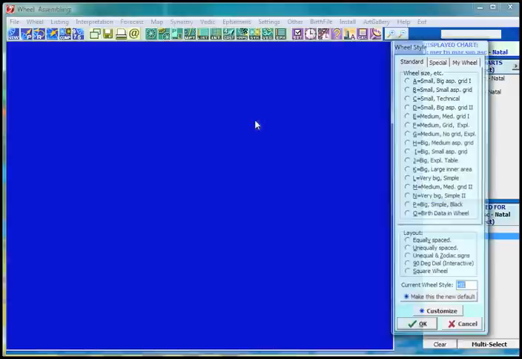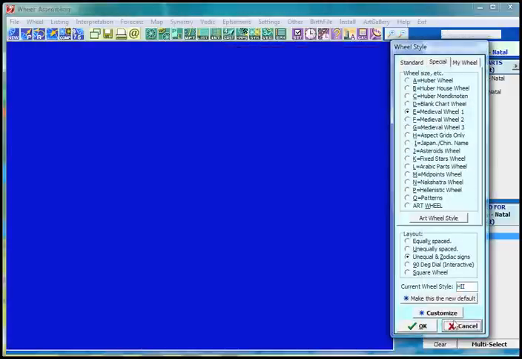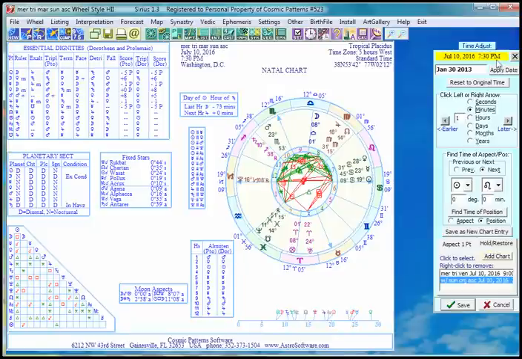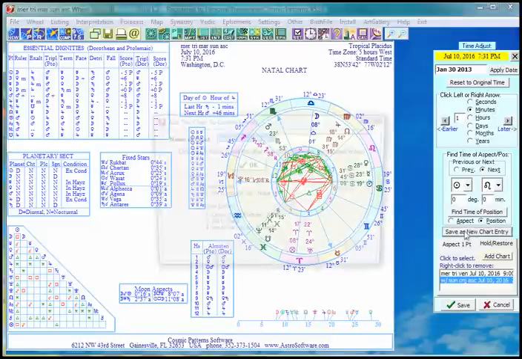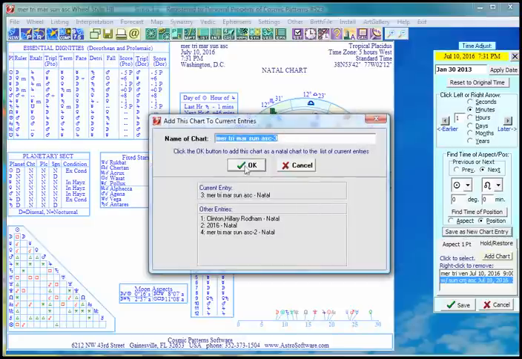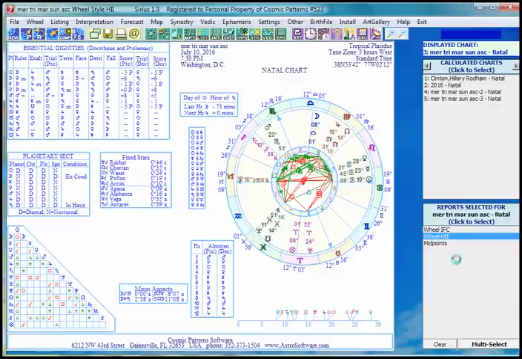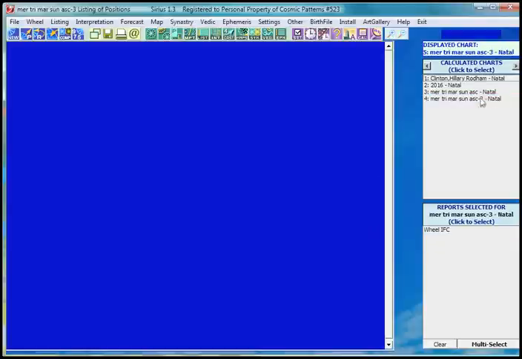In fact, let me do that. I'll cancel. I'll go to time adjust. I'll go forward that 1 minute. My hour changed to Jupiter. Let me add this as an entry. It's my number 3. Good. Okay. Thank you. Cancel out of my time adjust. And now I've got my chart number 3,